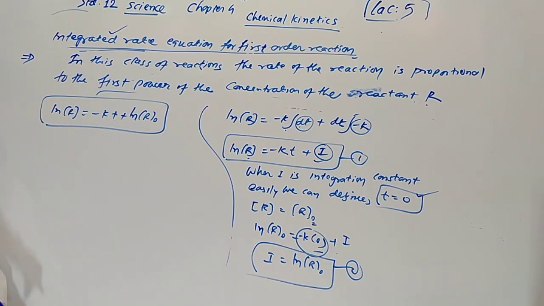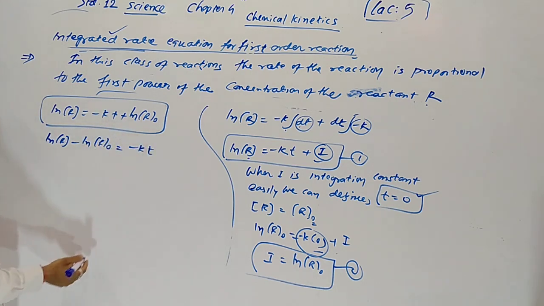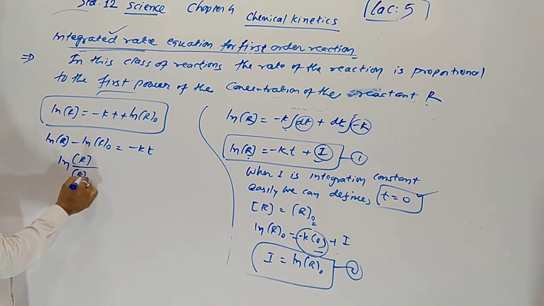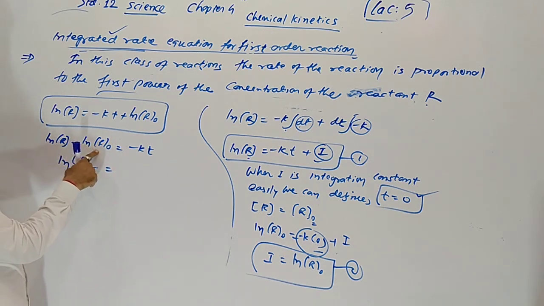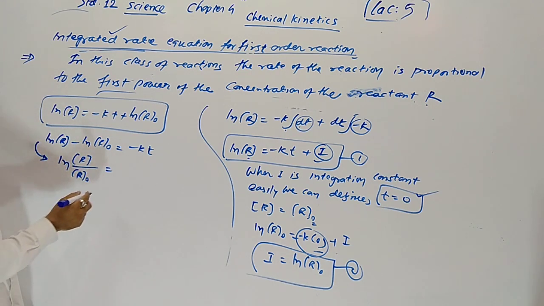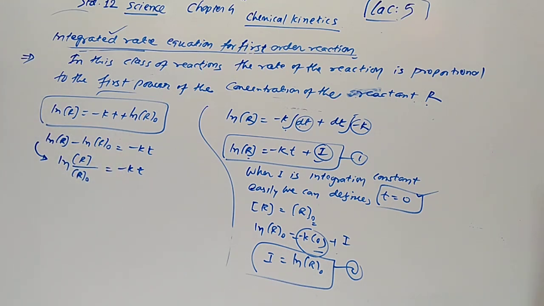Rearranging this equation here. So ln R minus ln R0 equals minus kt. So here minus comes as a division. This is the law of logarithm. ln R minus ln R0 means ln R upon R0. Simplification: minus k into t. To remove the minus value from here,